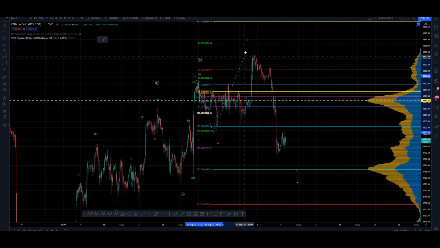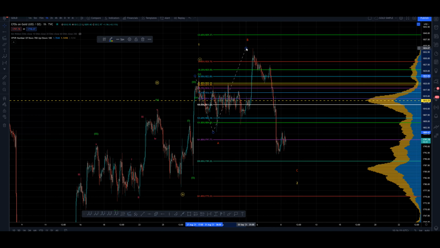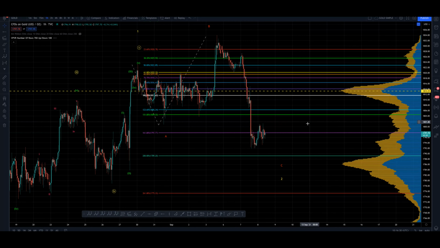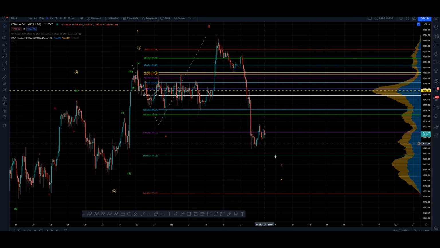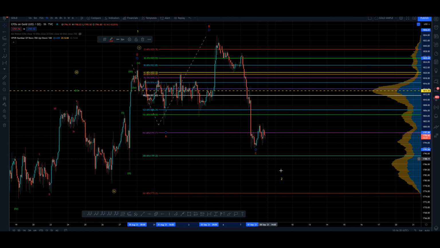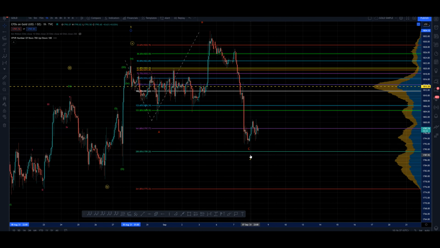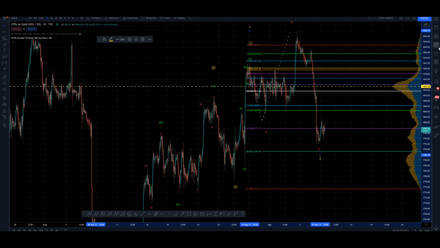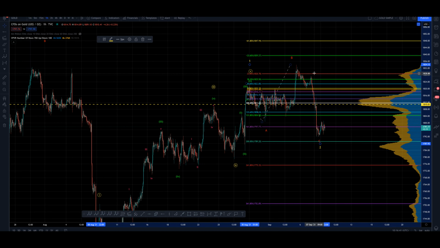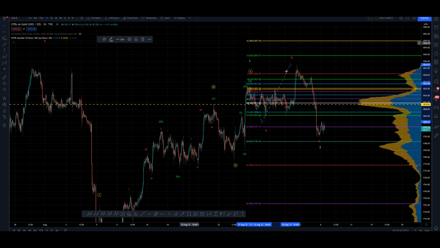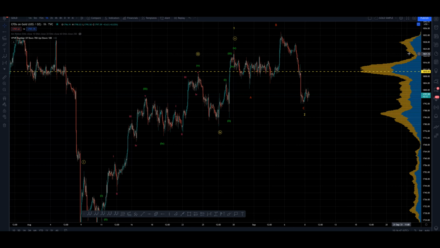So if we take a quick look at the expansion of the C here, we can see that we've come quite deep. We came down, bounced off the golden ratio here, back up, down. We've come to the 1.618. So this is normally the target we'd be looking for our wave C. So it's possible that we've already put in the 2. It's possible. But if we look at the overall retracement of this move up, that would be our next clue to look at. So let's delete that. We can always throw that back on, no problem.